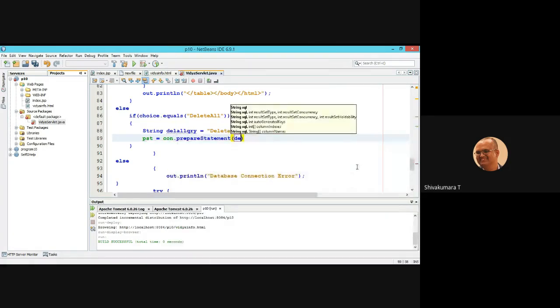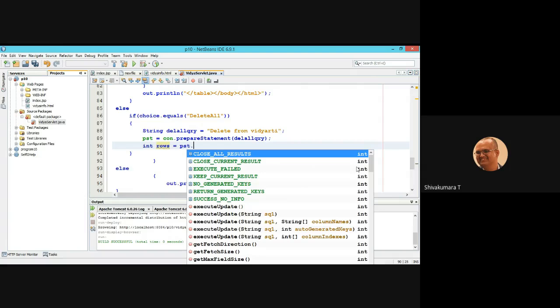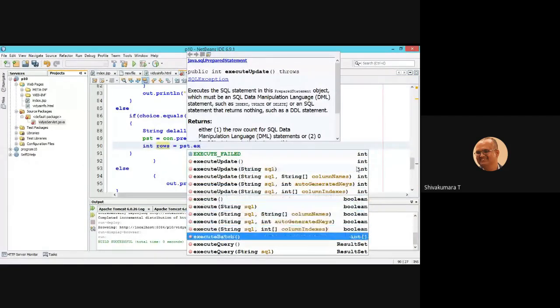The query is delallqry. The query here is int rows, because multiple values you are going to delete. pst dot execute. You are deleting all, which means the execute query method is used.